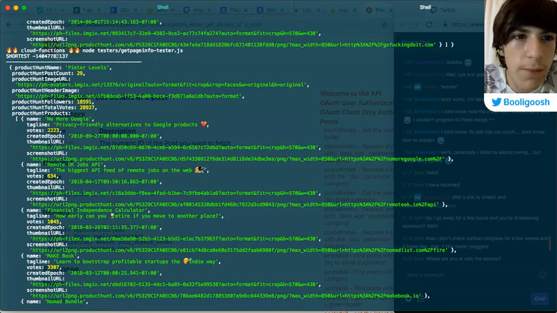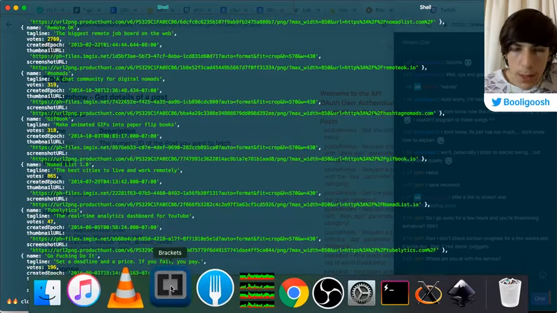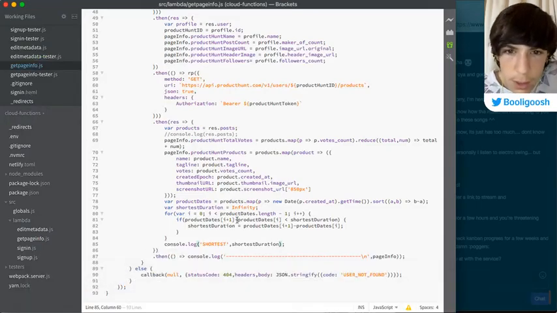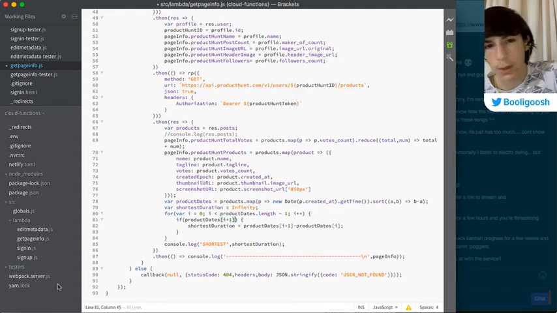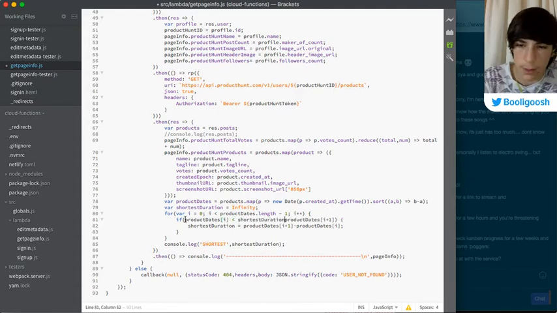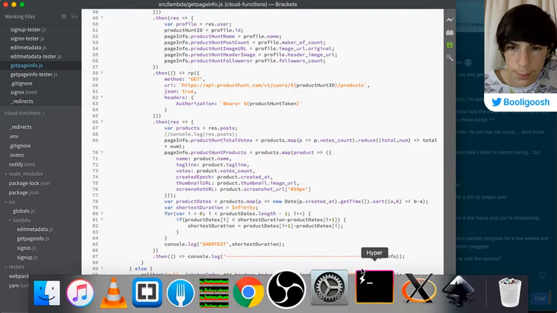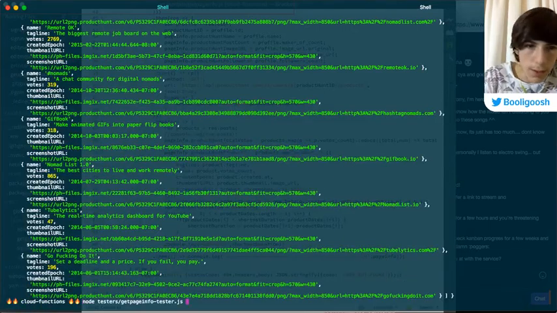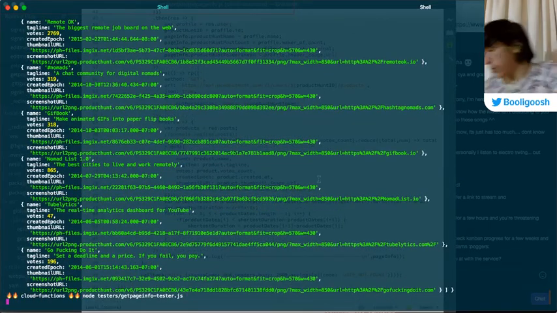Shortest, negative 100, okay. I think this should be the other way around, actually. Whoop. Just knocked something off the table. Let's try that again. See what happens. Whoop.